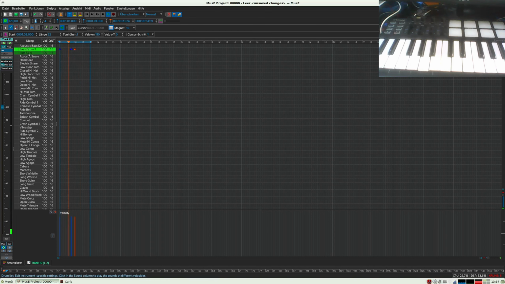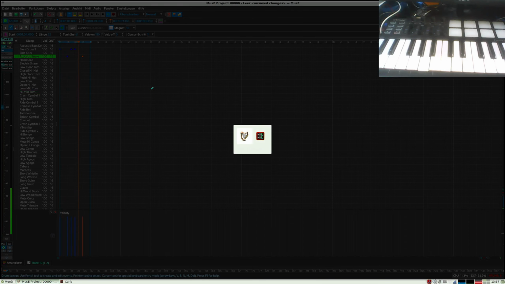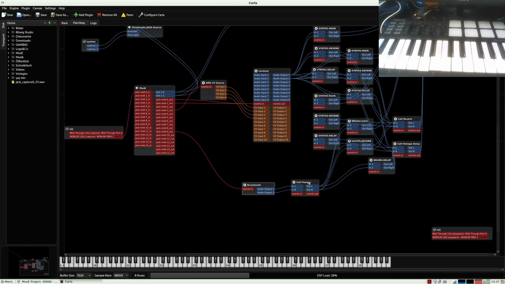So I go now onto Color and change the settings here for the drum delay and reverb.